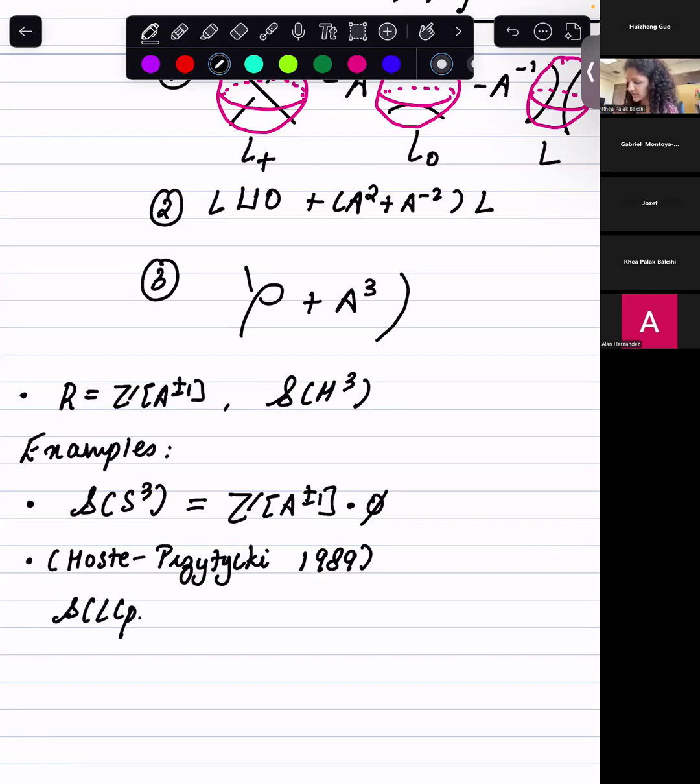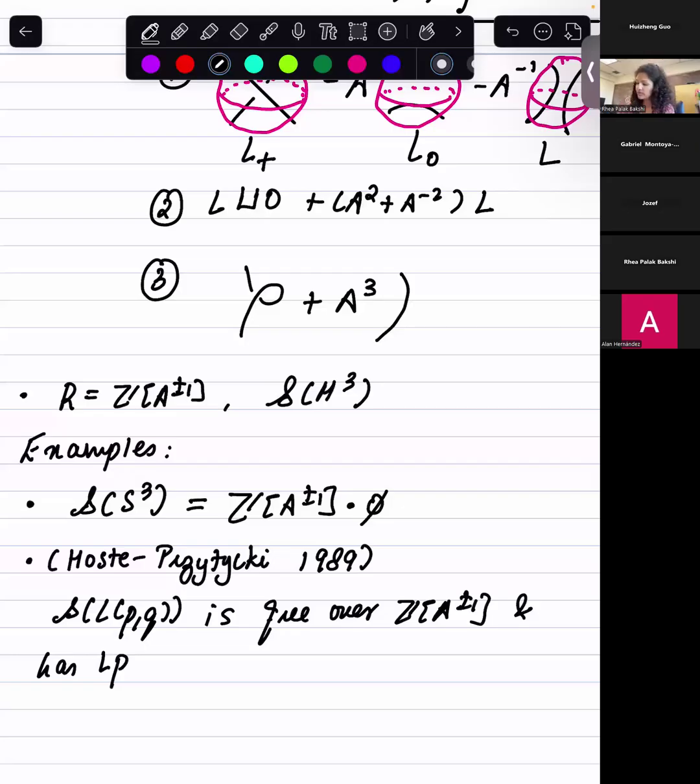They showed that the skein module of lens spaces is free over the ring of Laurent polynomials and has floor of p by 2 plus 1 generators. In this case, we assume that p is greater than or equal to 1. So for example, what this would mean is that the skein module of RP3 has 2 generators,